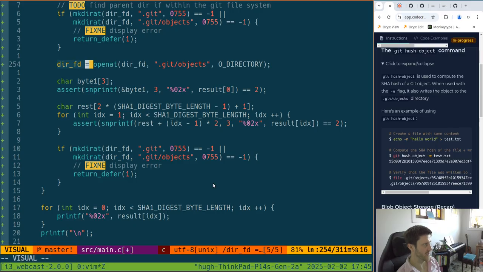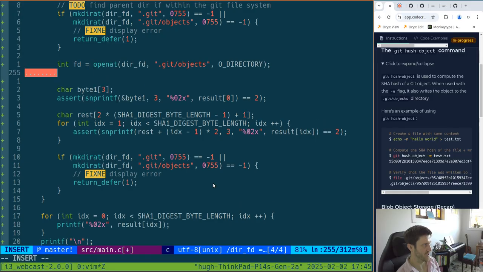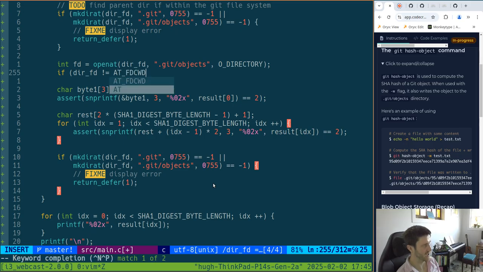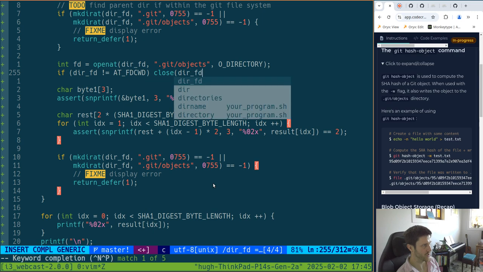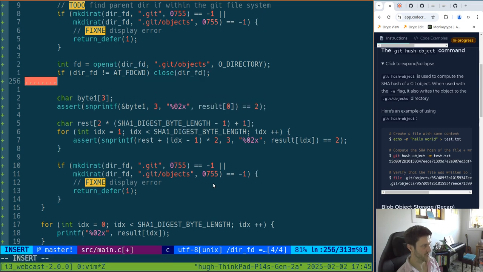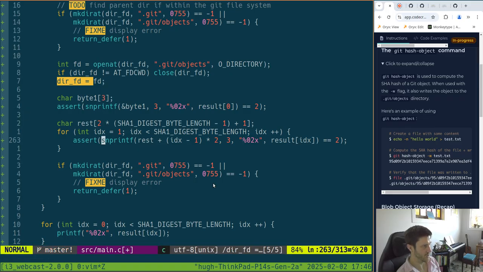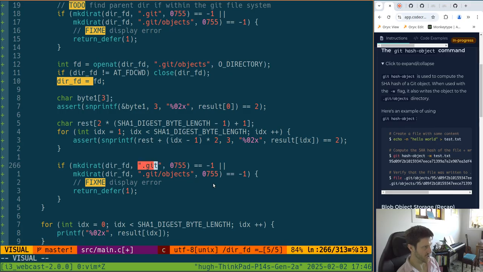I want this to return this, and if dir.fd is not equal to at this, then I want to close dir.fd, make sure it's not open, and then I want to set dir.fd to be there. And now we are already kind of in the correct dir, and so we can create this byte 1,